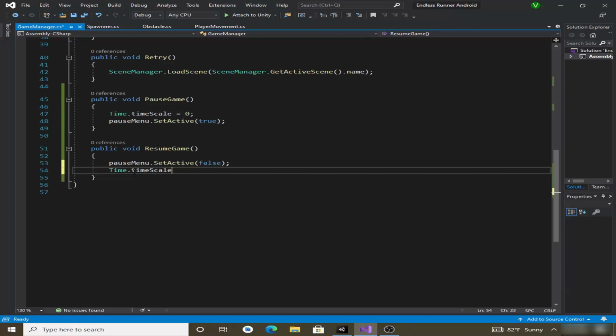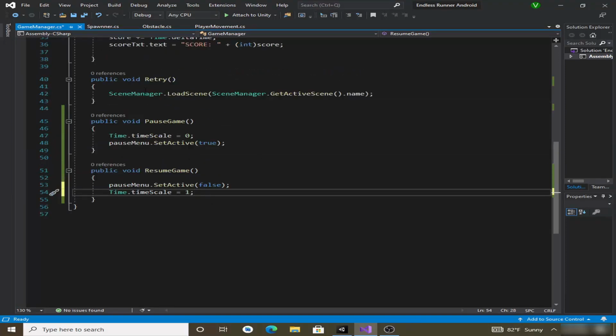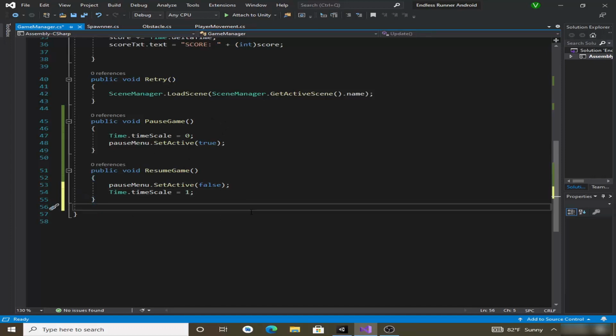Time.timescale equal to 1. So whenever we press the resume button, our game will be resumed from the pause state. So we will also create a quit function. Let's make a public void quit